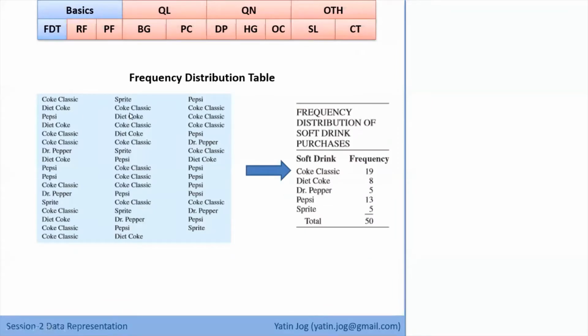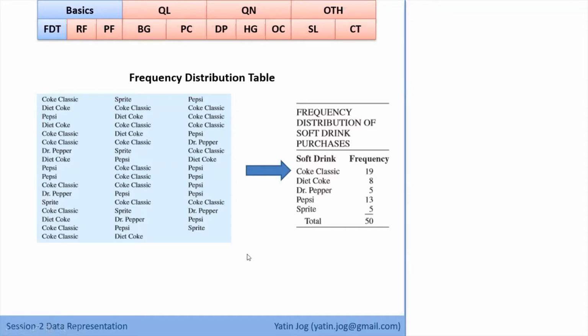The PDF which I have shared with you, if you can go through that PDF quickly about qualitative data, just open the PDF, qualitative data representations, and you will see this data set in that PDF. Suppose I have these many observations with me. Total 50 observations are there, and the possible options are Coke Classic, Diet Coke, Dr. Pepper, Pepsi, and Sprite. I'm just asking 50 participants which is their favorite drink, for example. The first candidate says Coke Classic, the second says Diet Coke, and so on. So I have collected 50 observations from 50 participants.